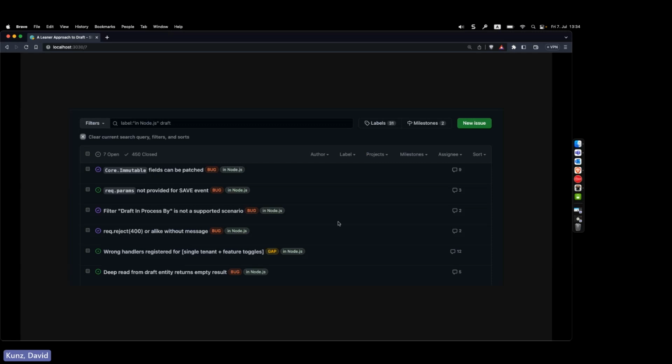And this is a highly sensitive internal screenshot of our internal GitHub. And you can see that we have 450 closed issues which contain the word draft. So it's a huge time sink for us, for the developers who have to fix those, and also for my colleagues who had to open all these issues, because it's just, yeah, not really